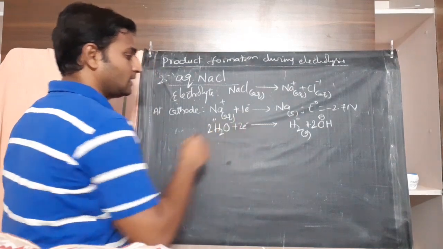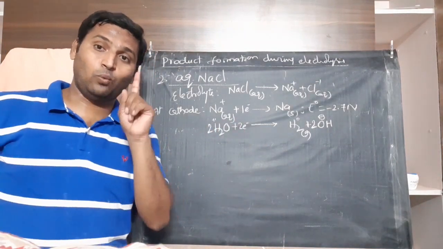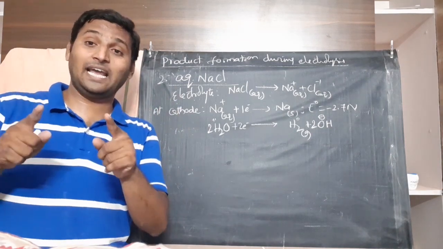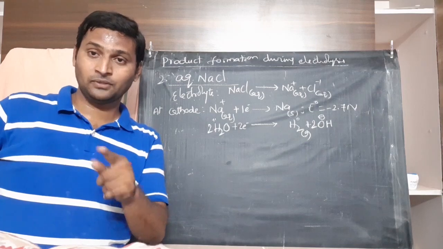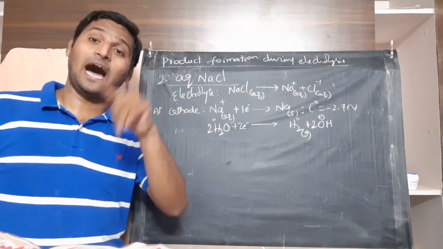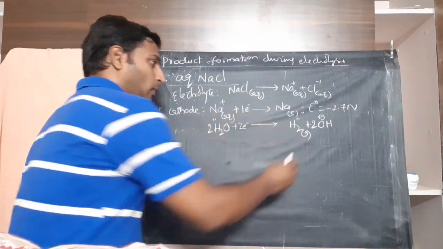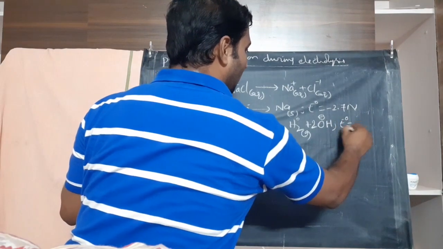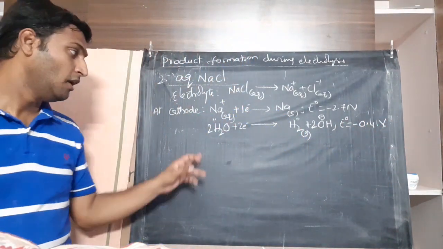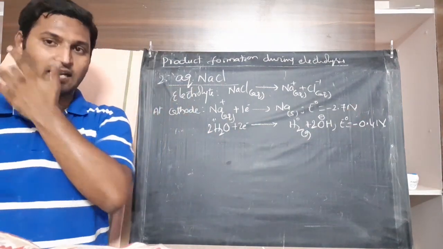2 electrons. And go to your electrochemical series and observe. There will be one electrode reaction where H plus gains electrons and becomes H2. There the potential would have been 0. But below that there will be another electrode reaction where water gains electrons and becomes hydrogen gas, for which the electrode potential is minus 0.41 volts. So for reduction of water, the electrode potential is minus 0.41 volts. Now comes the question.